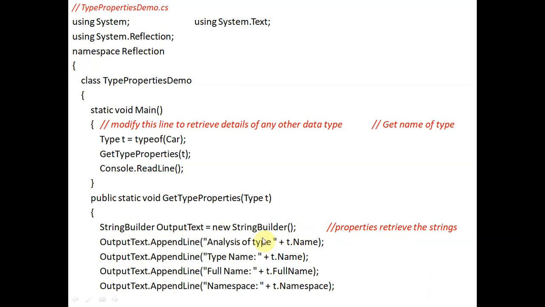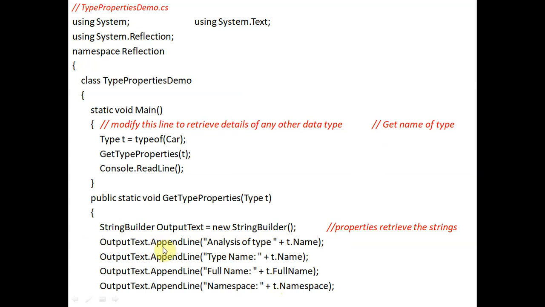We require this class because we have to extract all the values of this class. t is the reference of the class, and they all are saved in this StringBuilder. This will be a long text. For small text we would use a string or character variable, but we have long text with multiple lines, so we define an object of the StringBuilder class. So outputText is the object of the StringBuilder class.